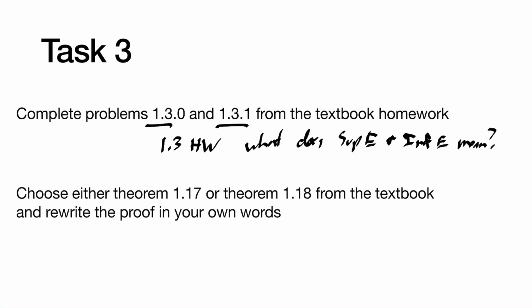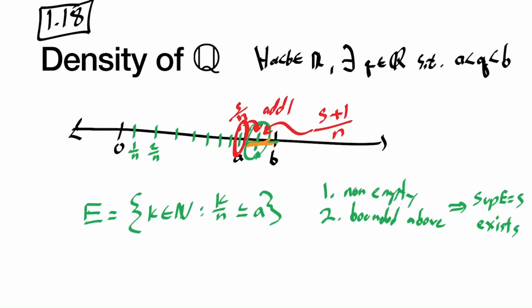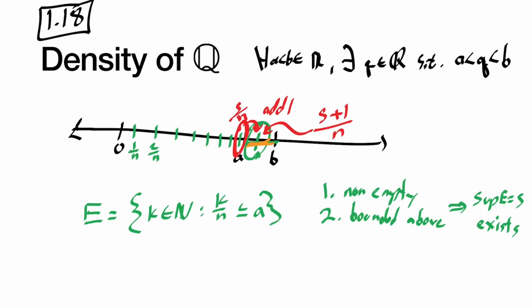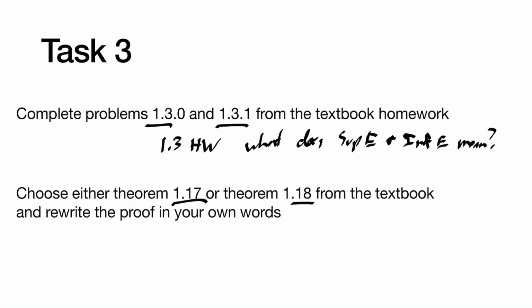Okay, and then the second thing that we're going to do is choose one of these 2 theorems that I just talked about. So either this density theorem or the Archimedean theorem. The proofs are kind of related to each other. So choose one of the theorems and then rewrite the proof in your own words. So keep my description at the front of your mind, and read through the proof in the textbook. If you really don't like the proof in the textbook, you're free to go find another textbook,